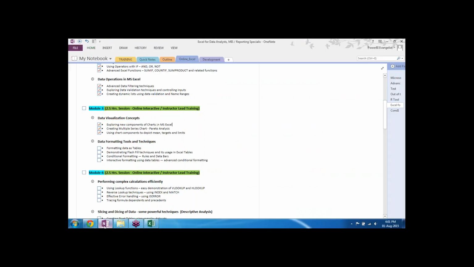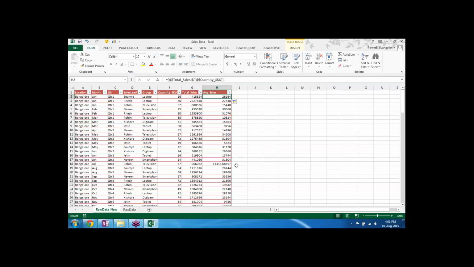Now this was just a glimpse of what data tables can do. Something very interesting that we will show you now is something called Flash Fill. So let's see what Flash Fill is. So this was just entering data. Now let's take an example where I want some